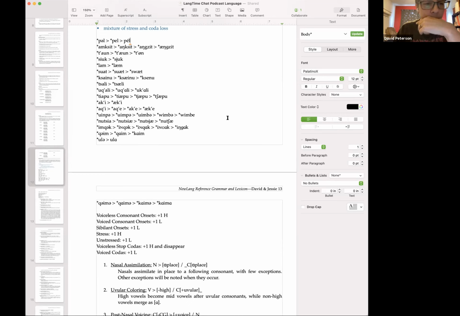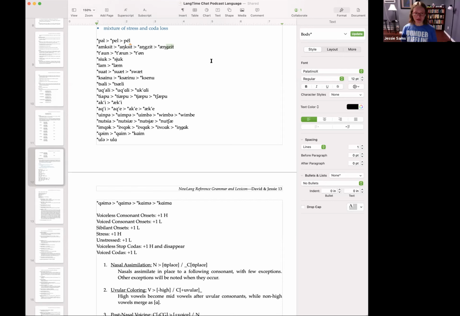Pale, pale, pale or pale? I like it. No, I think it's pale. Yeah, which feels like it's the word for a rice dish or something. You know what I mean? Like some sort of savory, creamy rice dish.